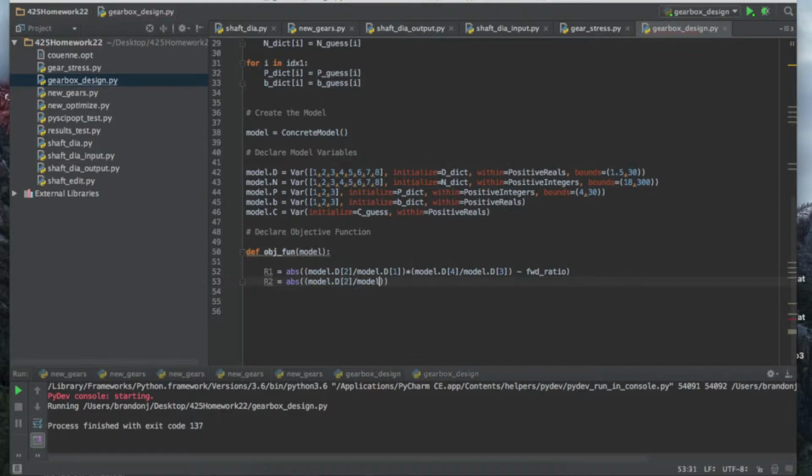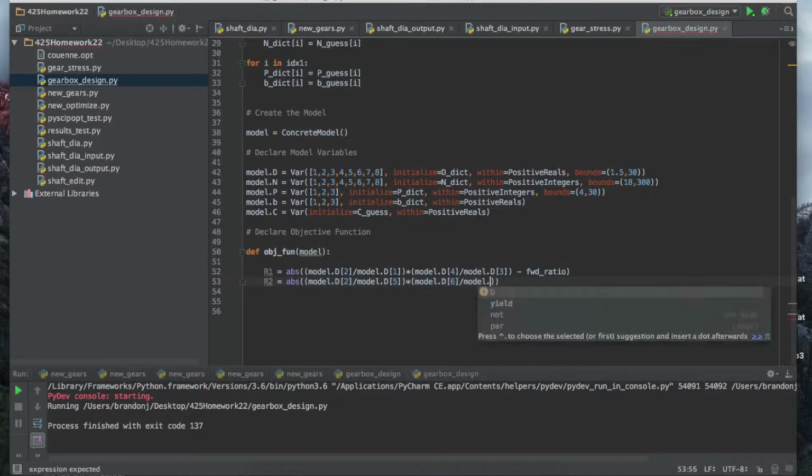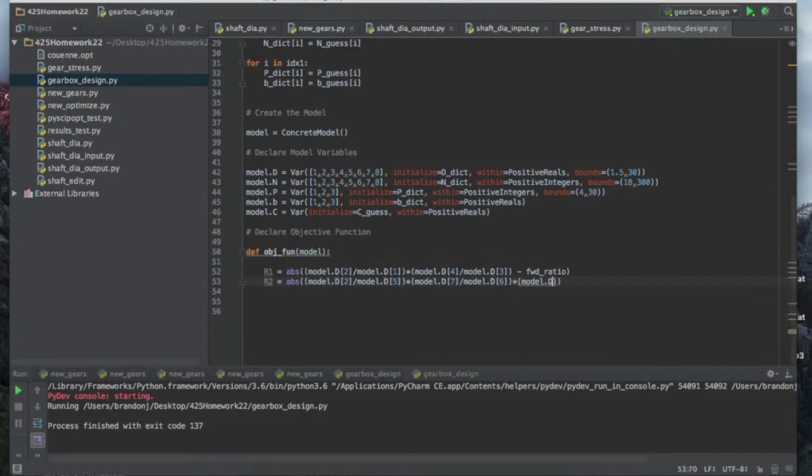So we're going to do model.d5 times model.d, let's see here, model.d6, model.d, let's see, is this right? No. Model.d7, d6, model.d8, and model.d7. And now at this point you may be wondering,